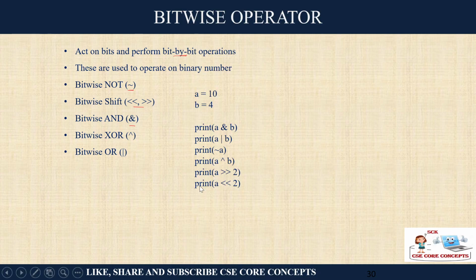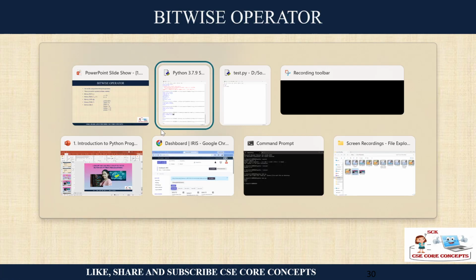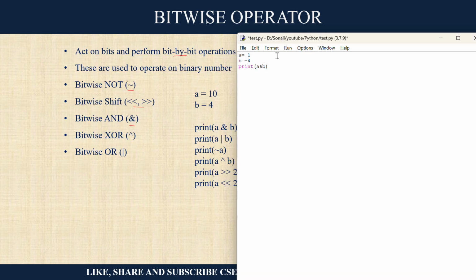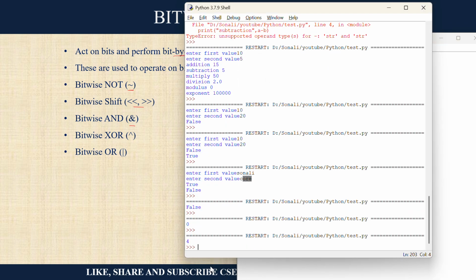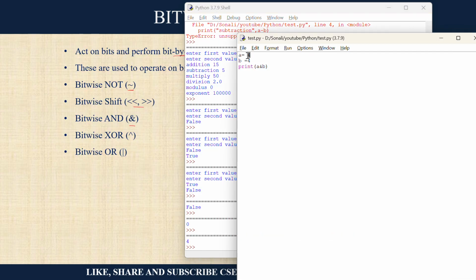Okay, what it did, it printed A and B. Now if you want to test it, let's say A is also 4, because you have done the AND operation. So it will give you 4. Why? Because if you convert this into binary, 4 and binary 4, ANDing of these two will give you the same answer.